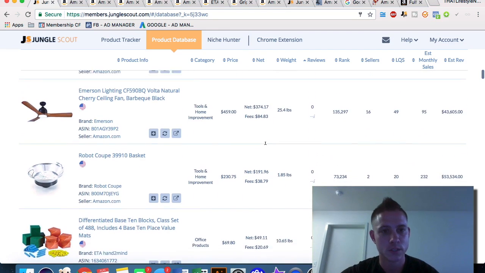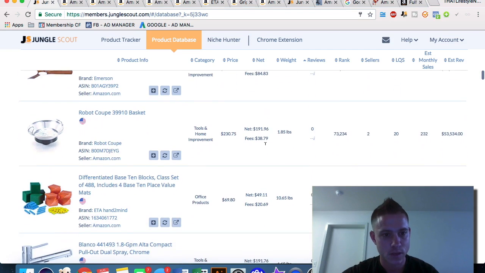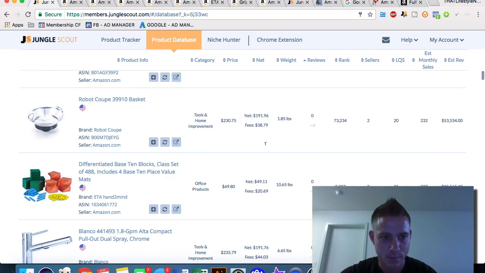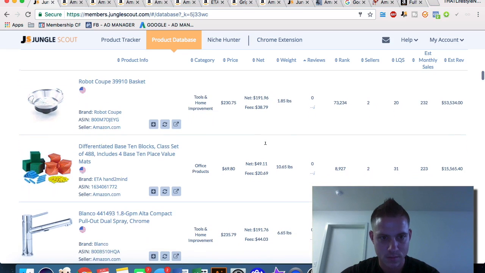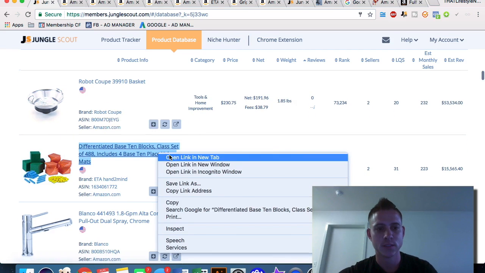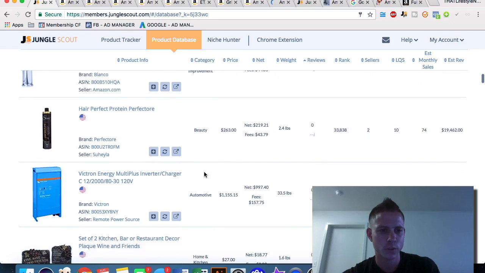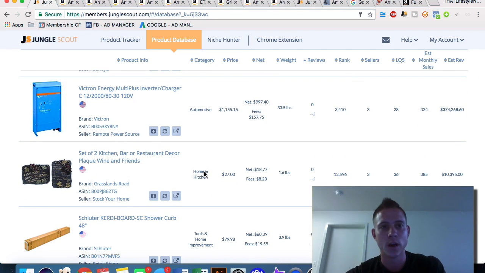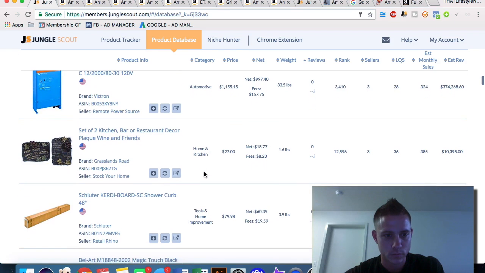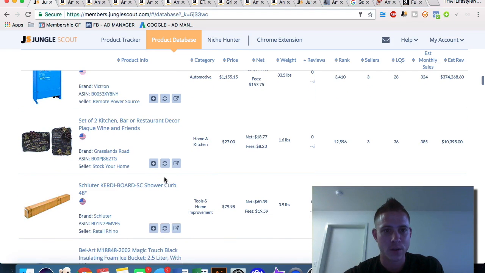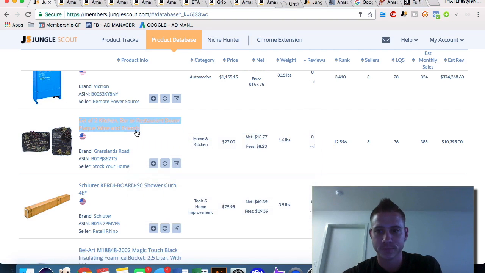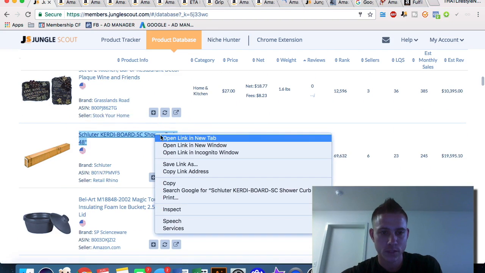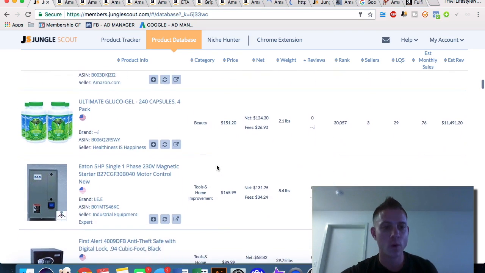There's some lighting fan, differentiated base 10 blocks. No idea what this is. Let's take a look. Right, and we'll choose a couple more, and then we'll kind of go through what we're looking for and evaluating whether or not they could be profitable. Shower curb, bar or restaurant decor plaque. Let's take a look at this, and maybe let's find one more,